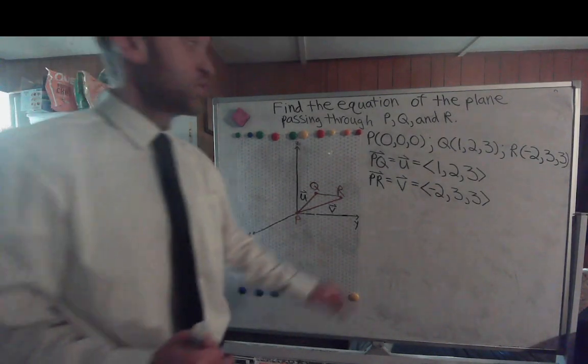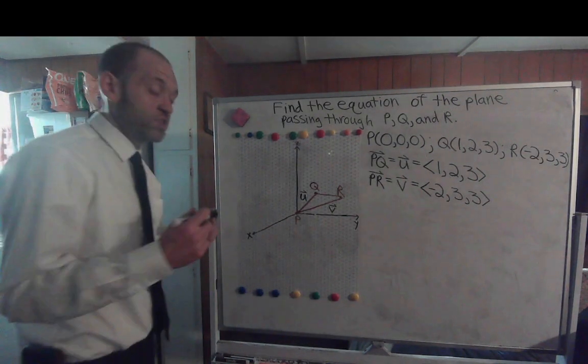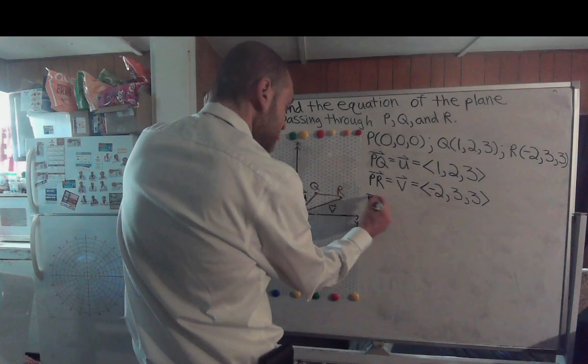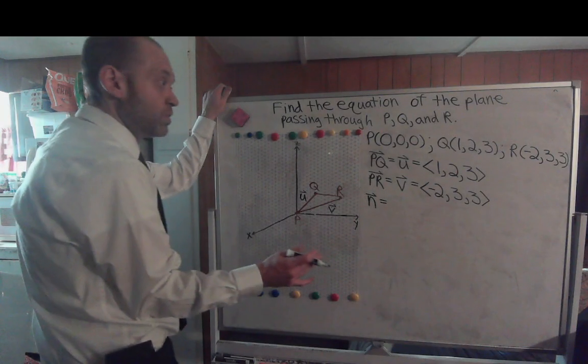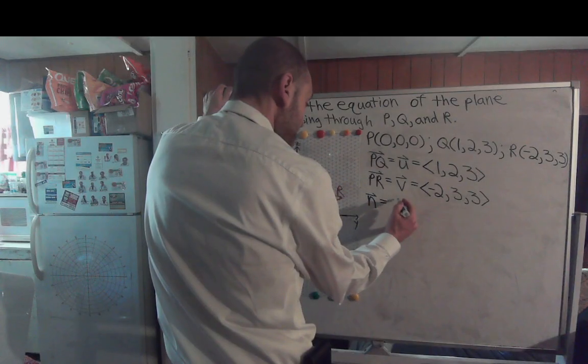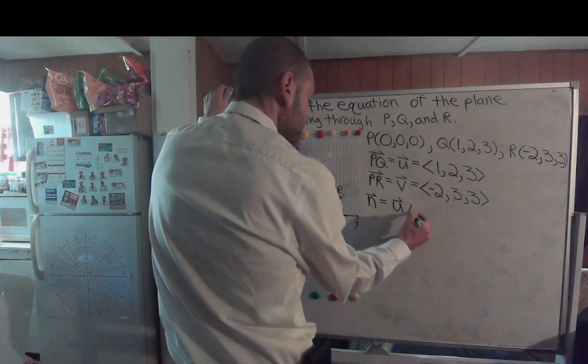So in other words, we need to take the cross product of vectors u and v. That'll give us our normal vector. So the normal vector itself is equal to the cross product of vector u and vector v,